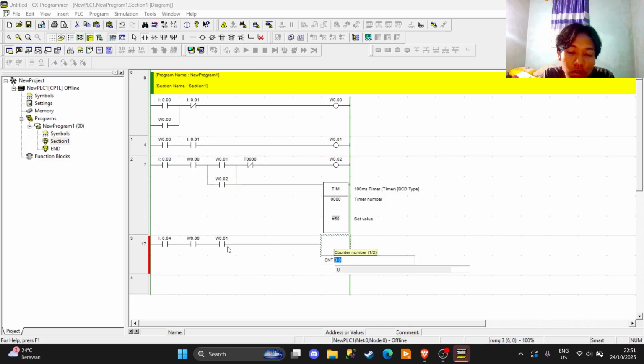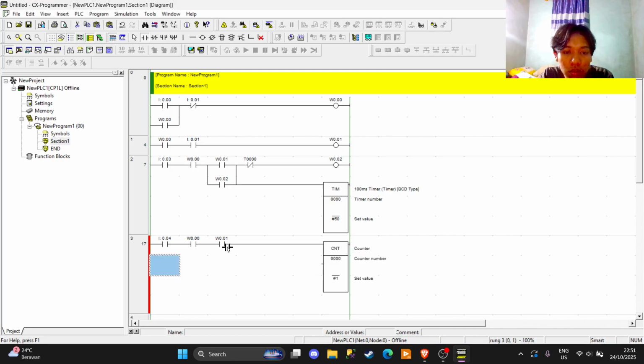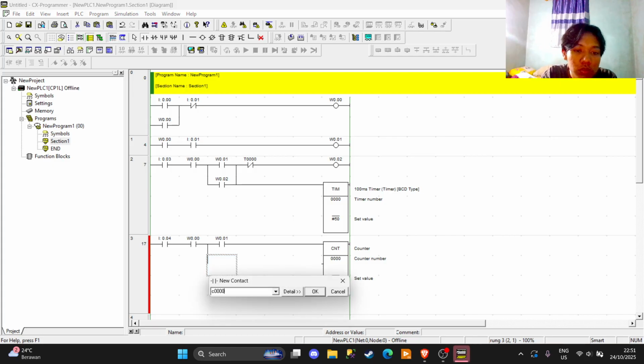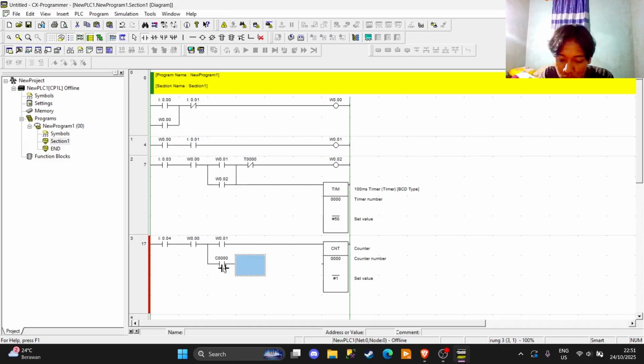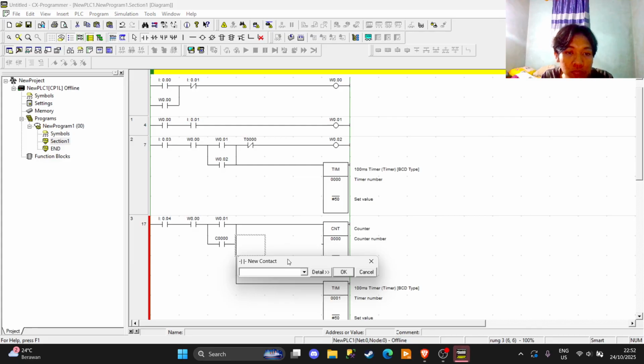And the counter address is 000 with the counter value 1, which is 000. And then we make another one with 0001. The terminal is A001.